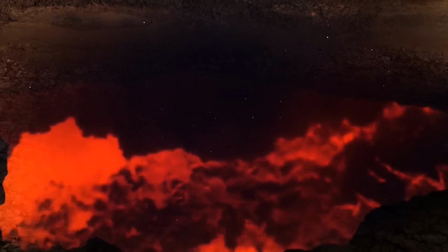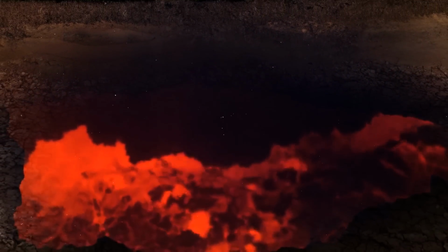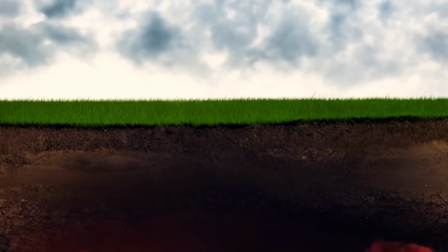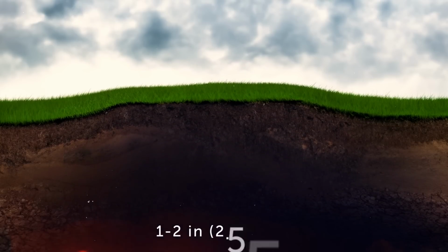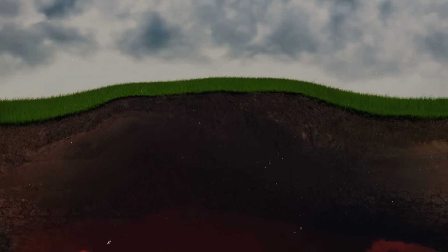But you know the most worrying thing about the magma chambers? They tend to push against the ground above them. As a result, the land in Yellowstone rises about 1 to 2 inches a year. On top of that,